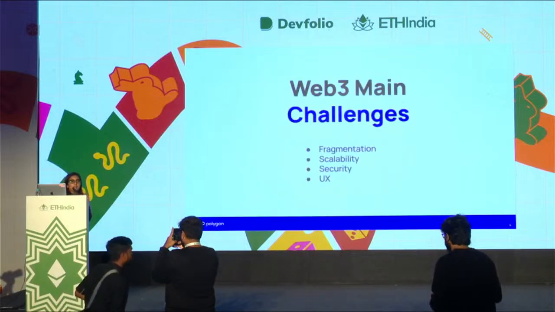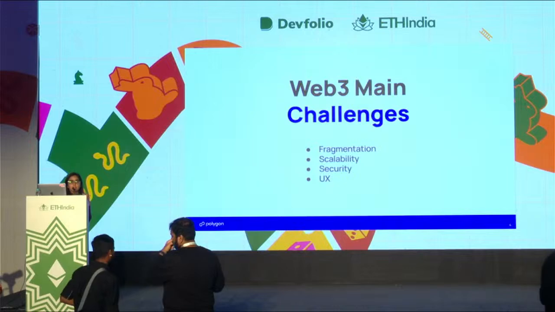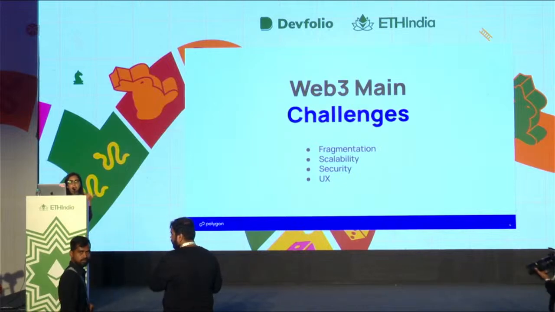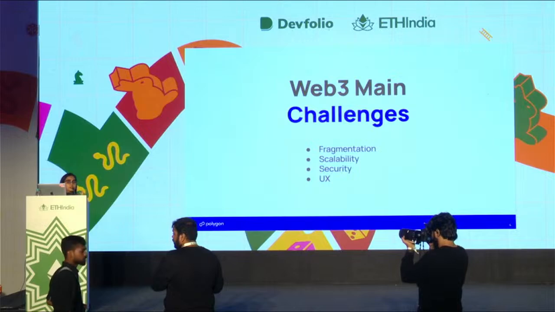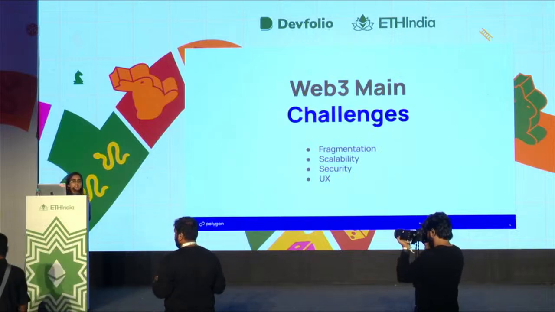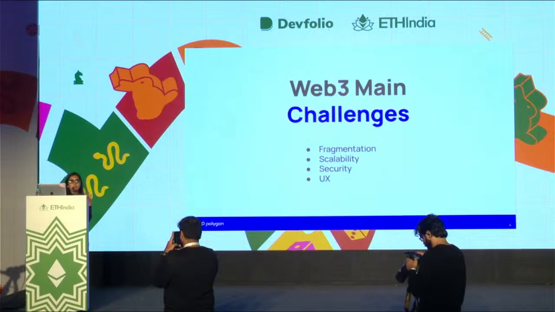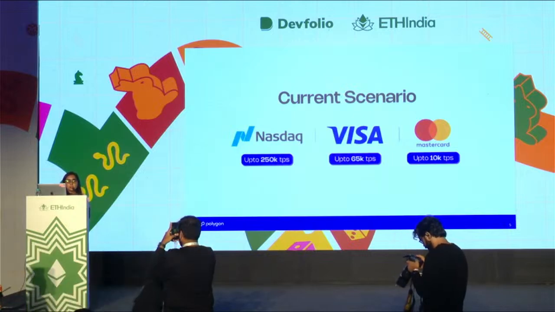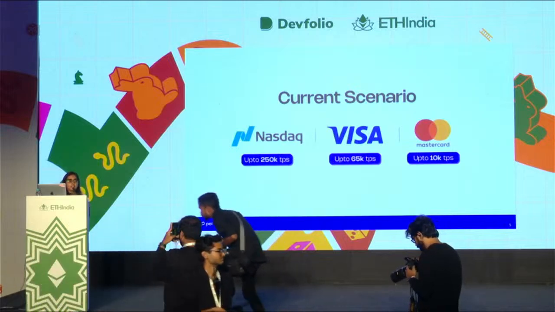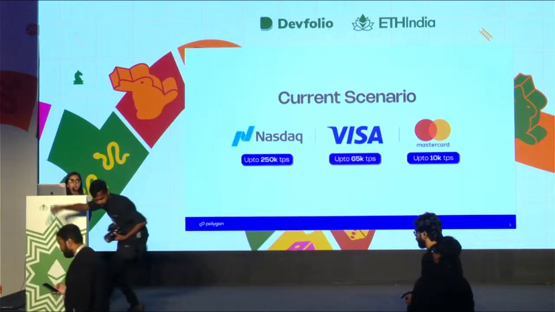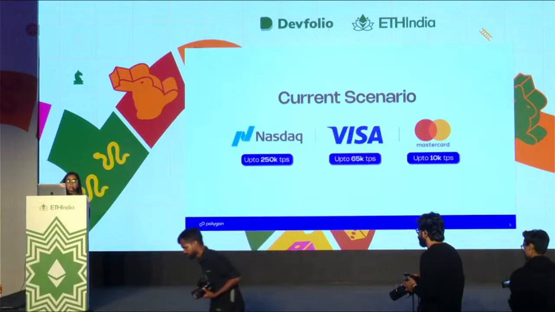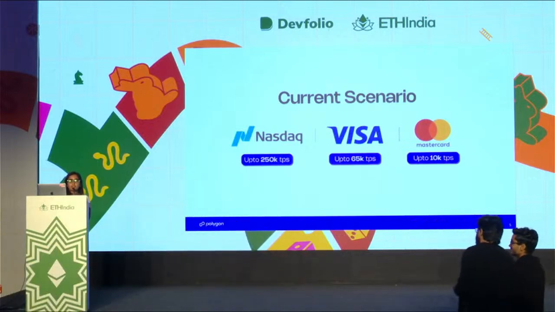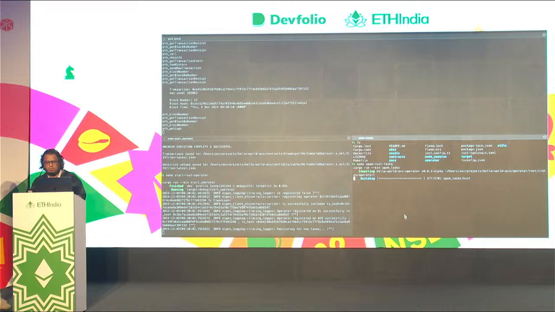Even in the Web3 world, we face the same sort of challenges. Everything in Web3 is fragmented. We have scalability issues, we have security issues, and obviously we have UX issues. Now, how are we going to solve it? The current scenario is that we can't beat NASDAQ. Obviously, we want anything in Web3 to be as big as in the Web2 world, because Web2 took over Web1, and we want Web3 to take over Web2 as well. But we see that in NASDAQ we have up to